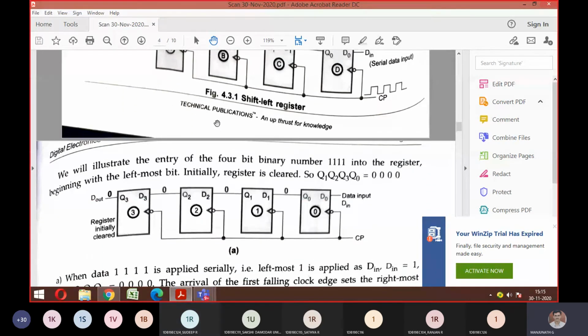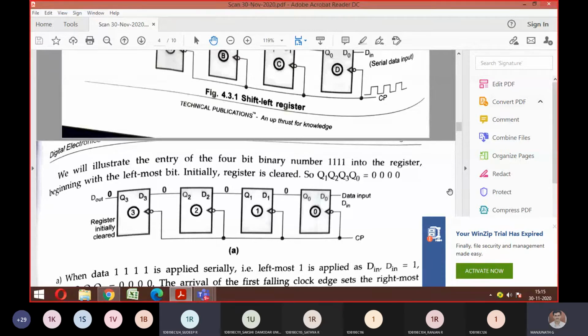Now assume that you need to enter a 4-bit binary number, 1111. So that is what you need to feed, right? For that, what are the procedures you need to follow? Same way, step by step, you should write in the exam. Otherwise, you won't get full marks here. So be careful while writing this. The original diagram has been written. Before starting case 1, you need to assume that all the outputs are 0. Correct or wrong?